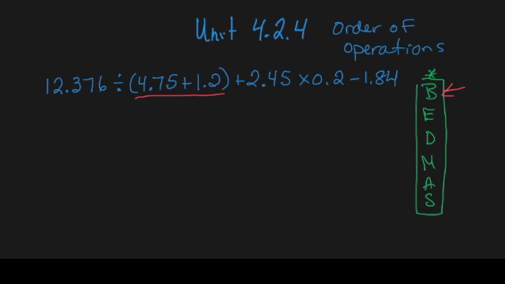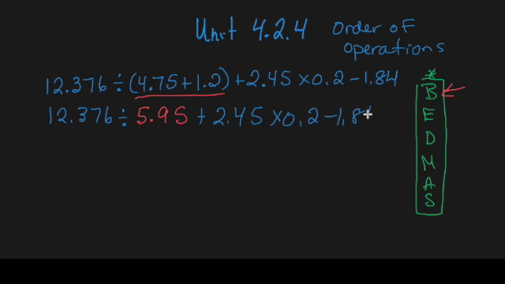So I'm going to rewrite this equation, having added 4.75 to 1.2. So now we can see I've rewritten the equation with 4.75 added to 1.2, and you can see that written